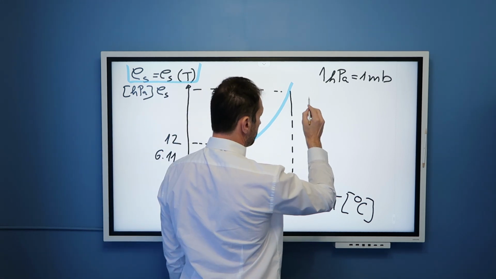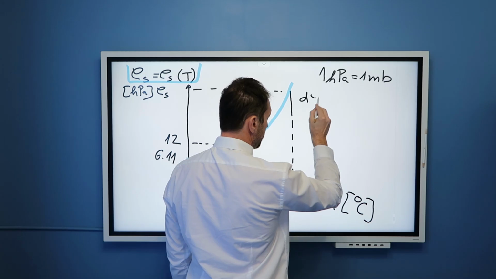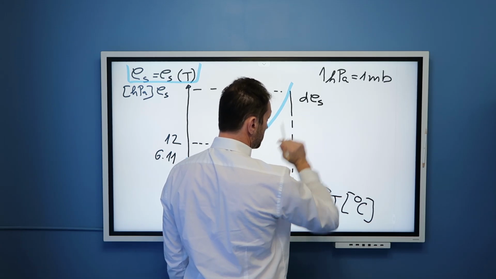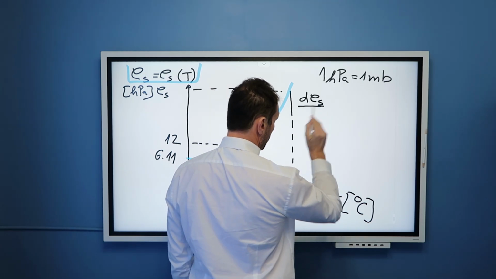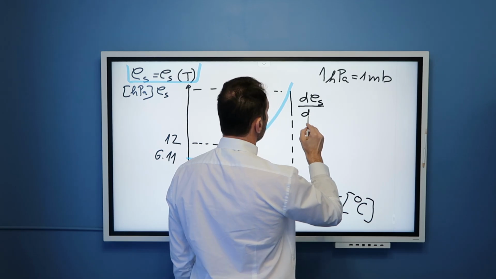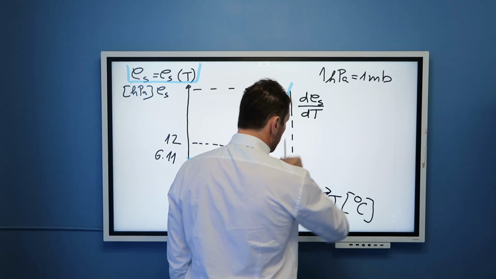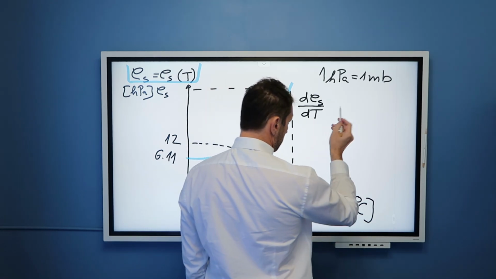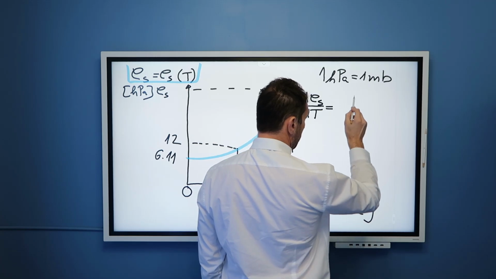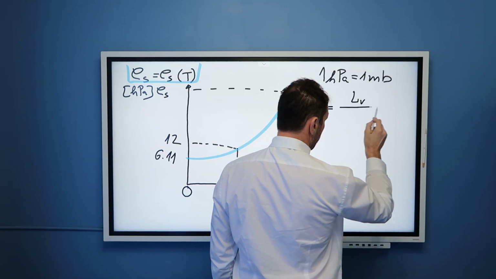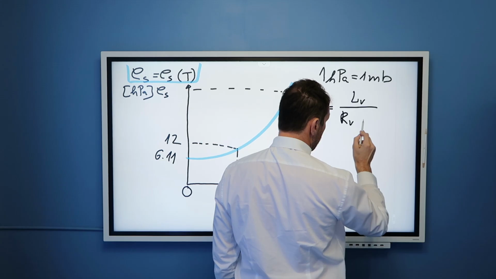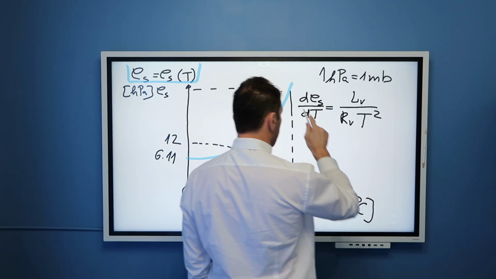That is basically a differential equation that says that the change of saturation vapor pressure of water vapor for a small increment of temperature change is equal to LV divided by RV T squared. And this is called